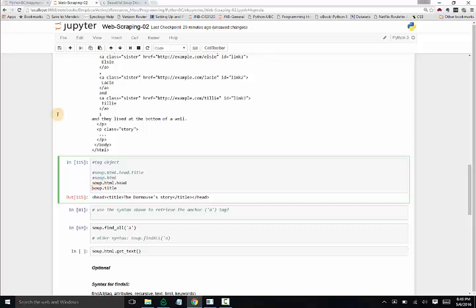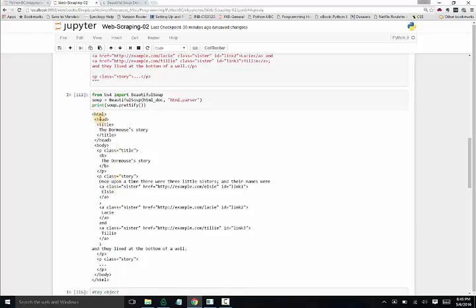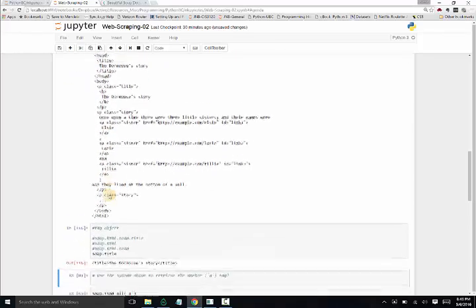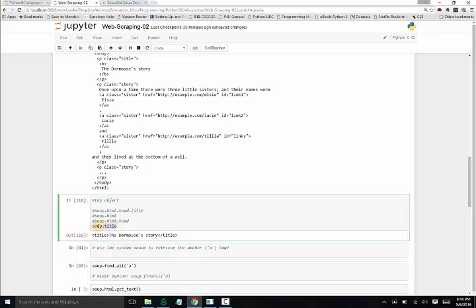What do you think might happen if I run this? soup.title. Okay, the interesting thing here is that if I run this, it also gives me access to the title. If I go back up here, HTML, head, title, it gives me access to the title tag. Okay, so that's what this does. So I could have accessed the title by either typing in soup.html.head.title or simply soup.title. But you've got to be careful here if you're going to use this last representation, because